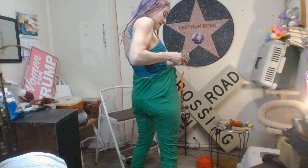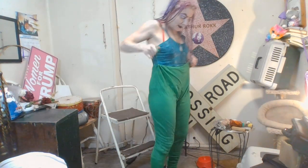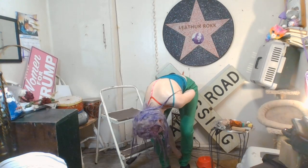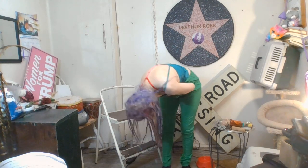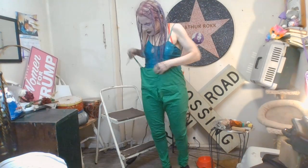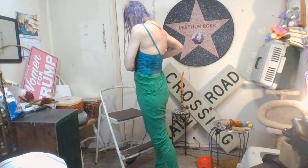Alright, this is interesting. This pair of trousers actually has a tag in the back, so I can tell the front from the back. This has a drawstring that's on the side. And you can see it's quite form-fitting from the ankle on about here. I'm pulling it back down here. And I'm going to go ahead and pull this drawstring up, and I'm going to see what we come up with. I love this shade of green,